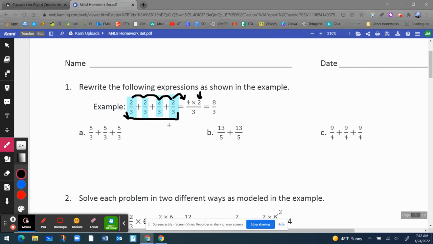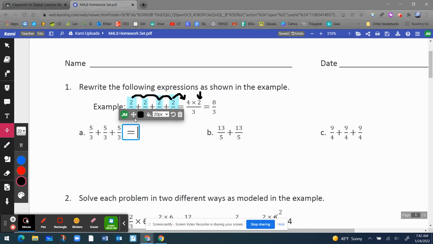Okay? So, for example, it says rewrite the following expressions as showed in the example. Okay, let's do the first one. And let me get my equation tool. I'm going to press this right here and align it. That's gonna be equal to how many fives do I have? I have one, two, three fives. Okay, so I'm gonna write 3 5s, and